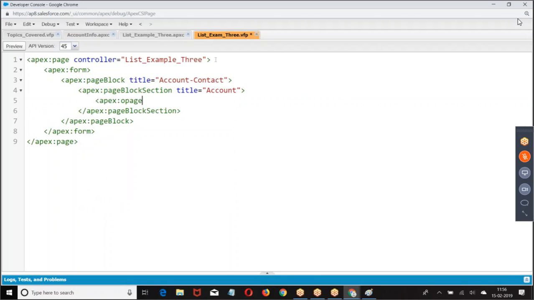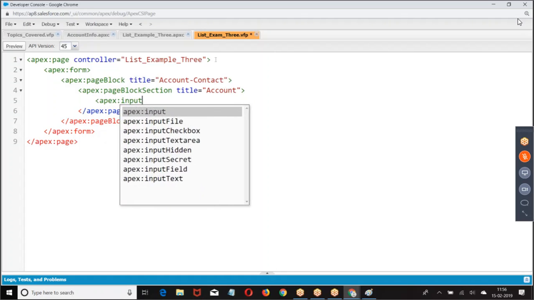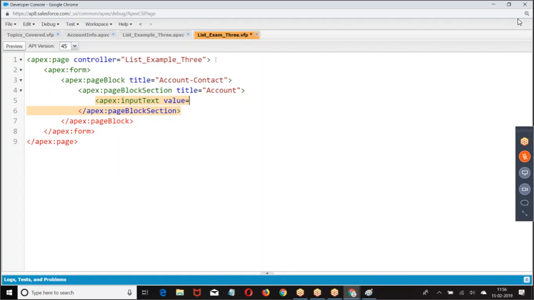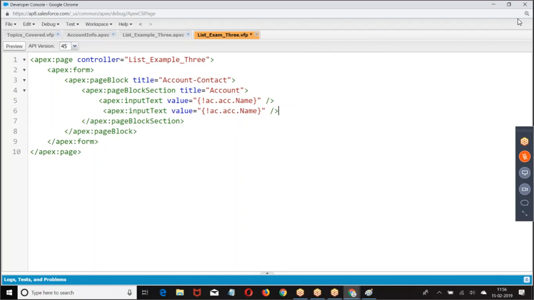How do you take it? Apex input text value equal to AC dot. In AC, what we have? Account info, ACC. In AC, there is a variable called ACC. In that ACC, there is a variable called. So how you take it? In the account wrapper, there is a variable called ACC. That variable ACC has.